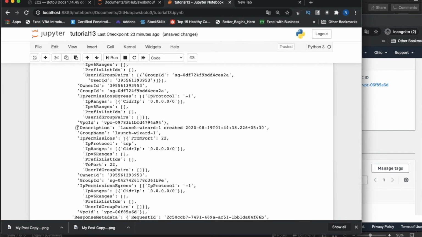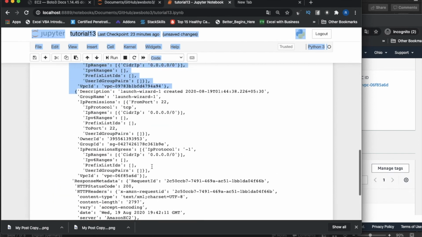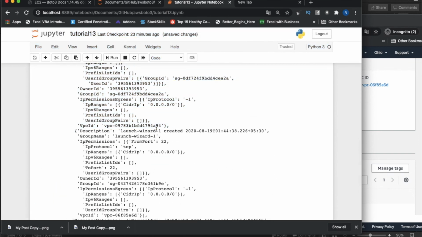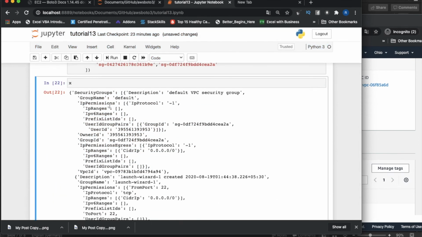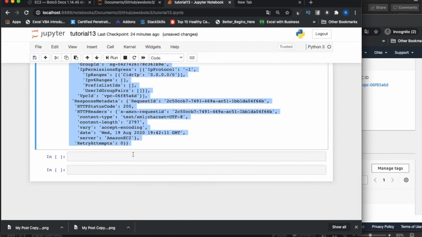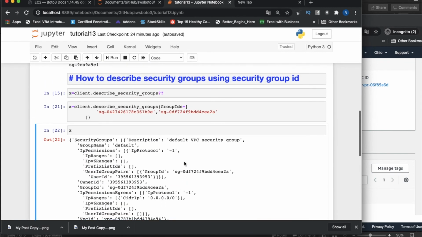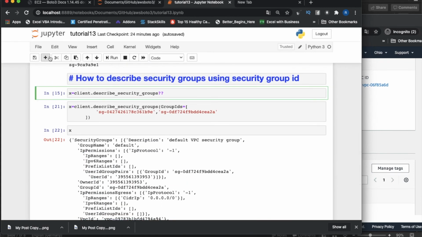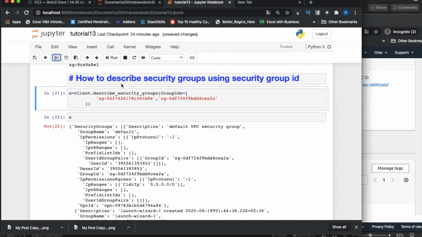So this is 1, right, and this is 1, so total 2 until this 1, and from here to this actually 1, and this is usual response data. So in this way you can also, let me remove this thing, how to describe security group